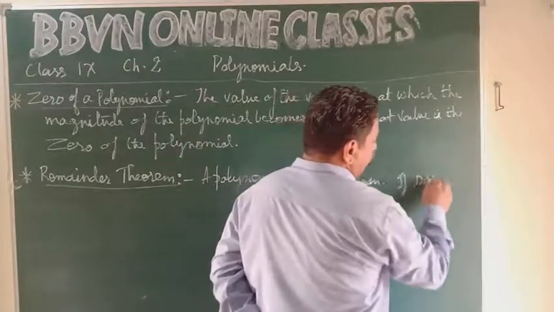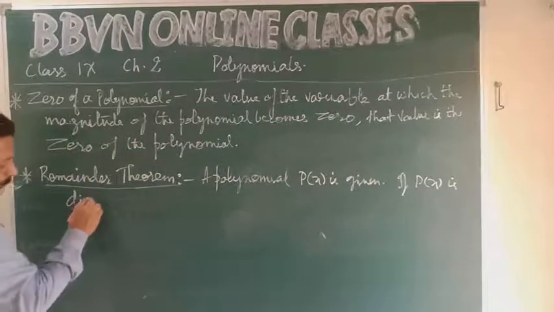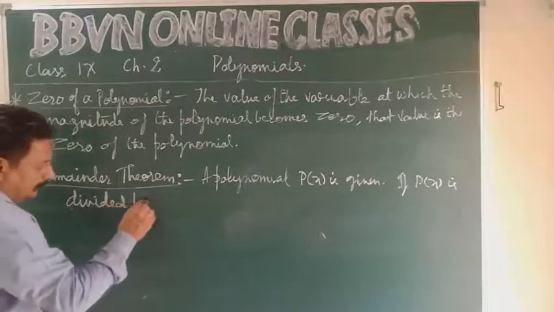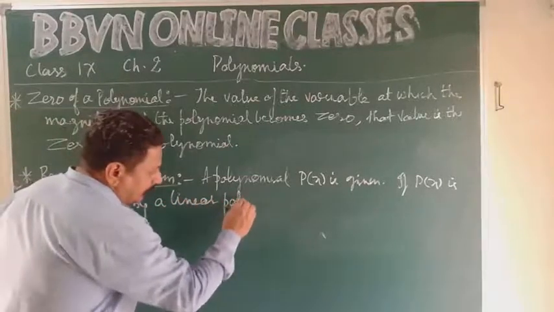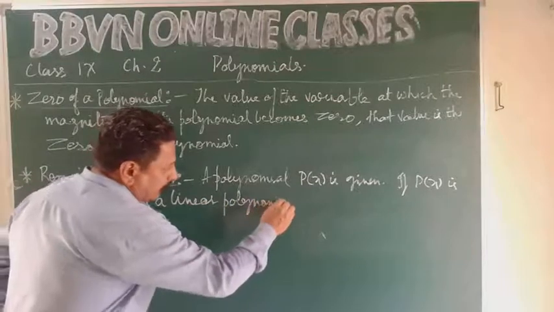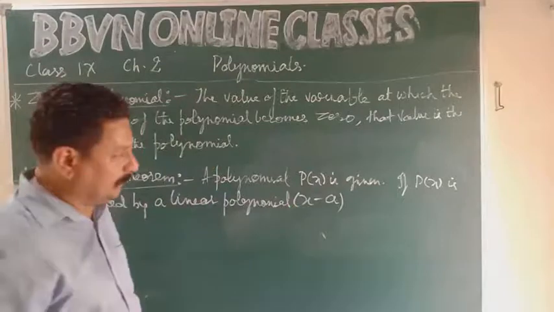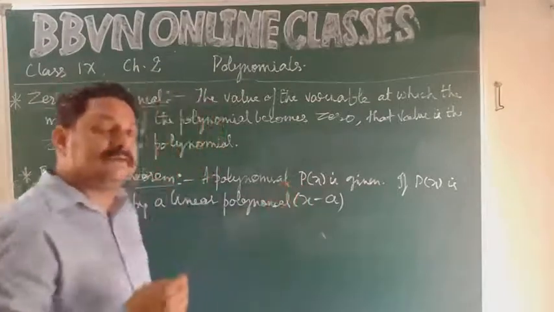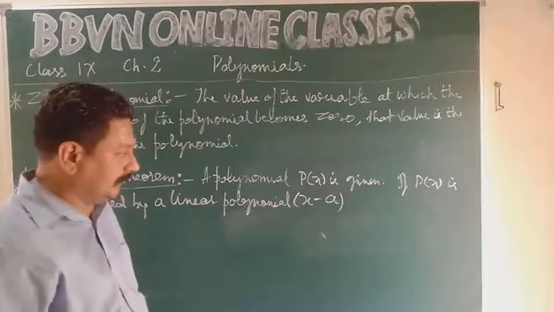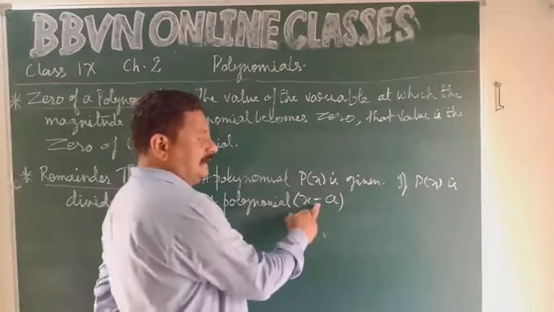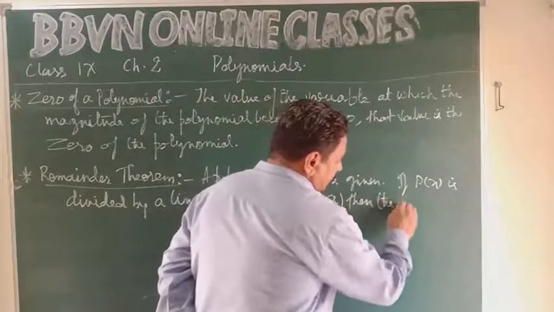If p of x is divided by a linear polynomial x minus a, x minus a is a linear polynomial, and p of x has a degree more than 1, it can be quadratic, cubic, biquadratic, whatever it is, then the remainder